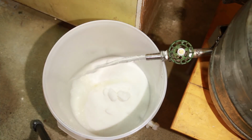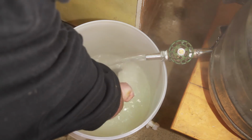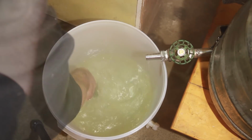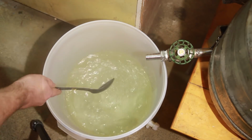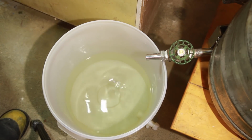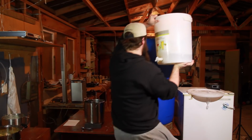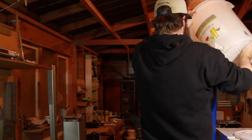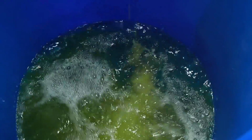Seeing as I don't have a large pump and the idea of lifting large amounts of rather hot sugar water above my head didn't seem like a great idea, I just decided to do the sugar in small batches. So I mixed up a couple of kilos of sugar with a little bit of water and tipped it into the fermenter. I did half the sugar just like that, then I moved on to all the nutrients I pre-dissolved